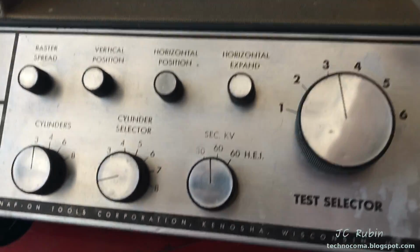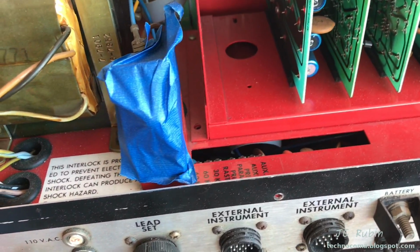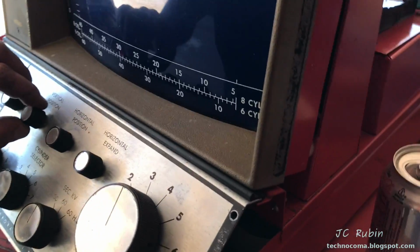So we're gonna come back. We're gonna start calibrating this over here. It is done by adjusting these in the back. And Lord knows, after 40 years, they can use calibration. So we're gonna do that now until we have more of